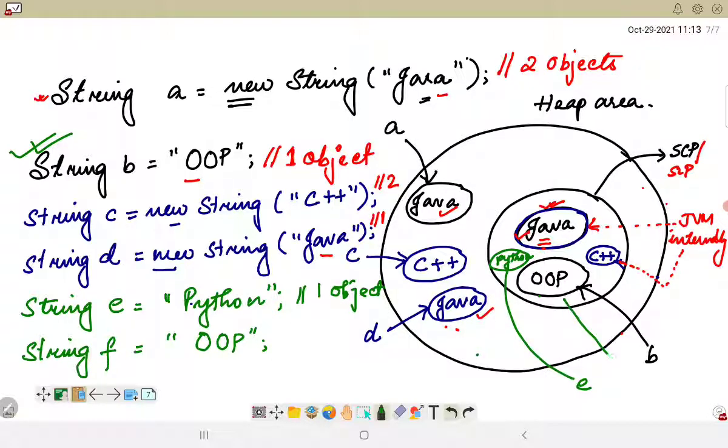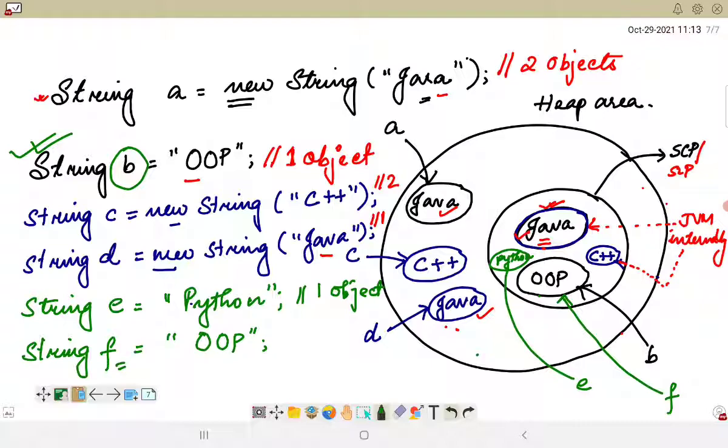Instead, both b and f will point to the same object inside the SCP. That means OOP was already defined for b, and now f will also reference the same literal inside the string constant pool.